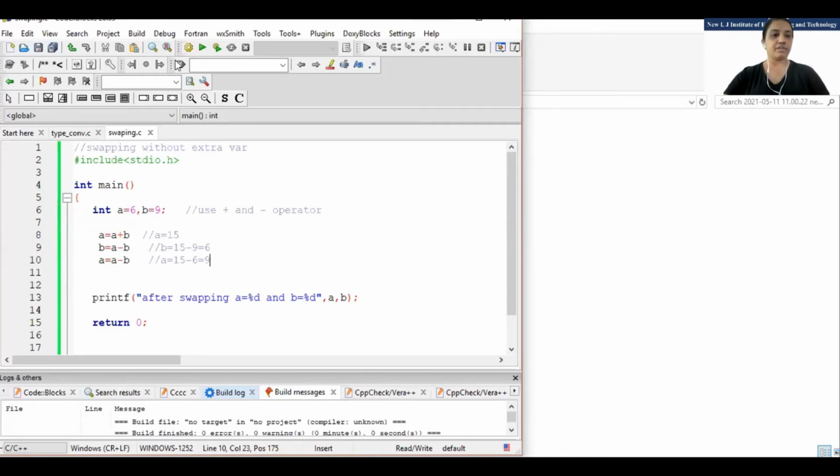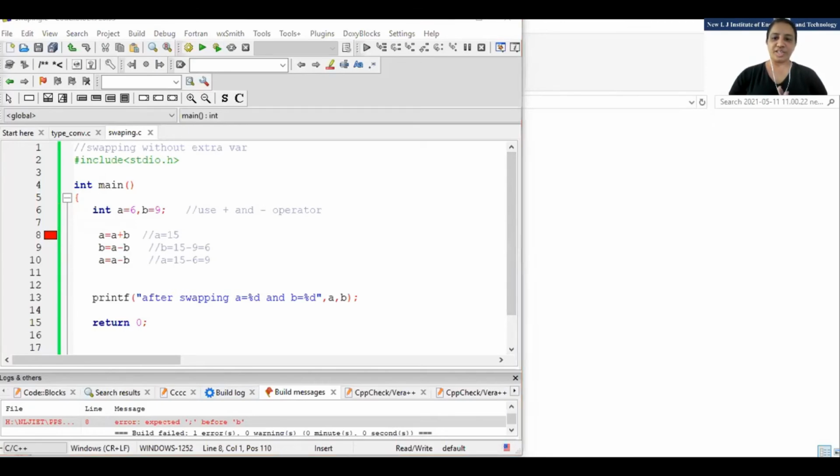Fine, we will save this program and run this. Okay, can anyone tell me what error this is? Jai, the other person, I want to answer. What is the error here?